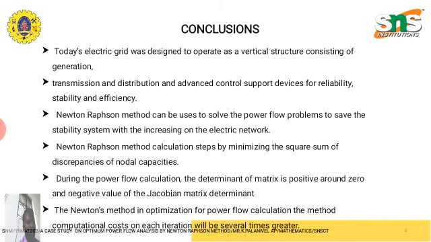power flow calculation. The determinant of the matrix is positive around 0 and negative for the Jacobian matrix determinant. The main property of the Newton-Raphson method is that it easily handles PV bus difficulties. In Newton's method for power flow calculations, the computational cost of each iteration is several times greater. Each row of the Jacobian matrix corresponding to any bus contains non-zero elements corresponding to all incident buses of the